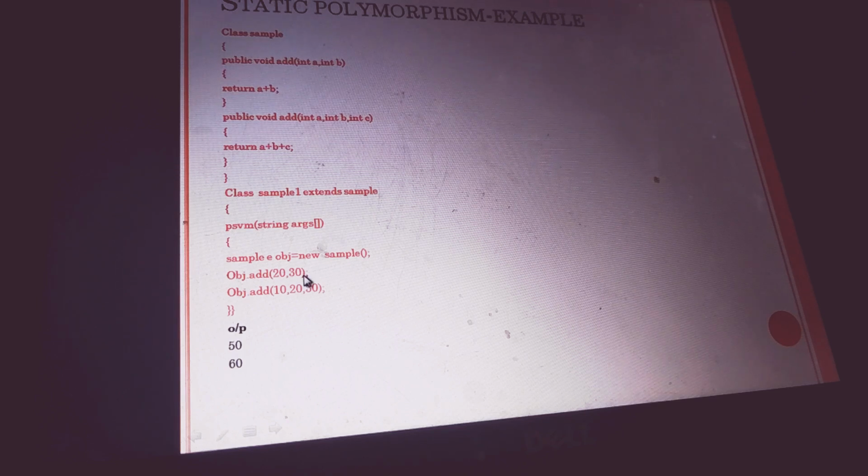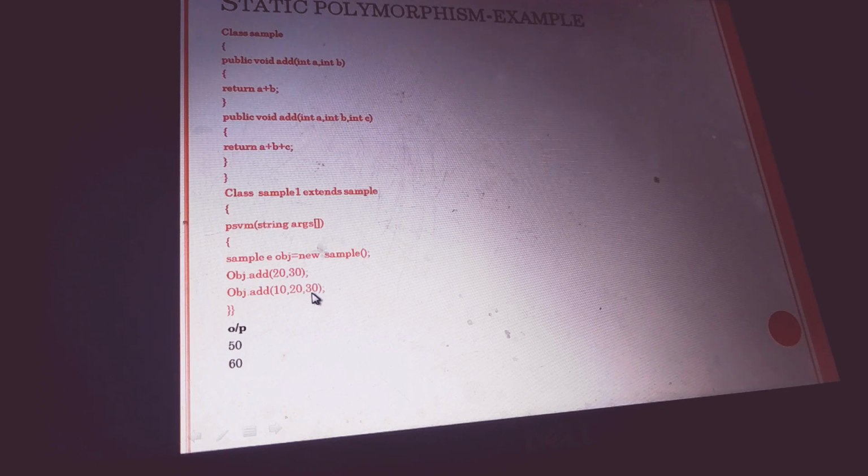When taking the first method, obj.add, inside 20, 30. These are integer values. There are only two integer values, so it automatically invokes the function where we declared two integers.